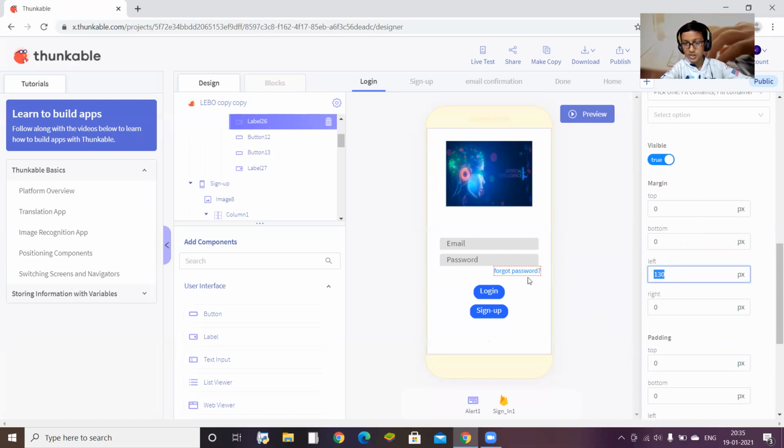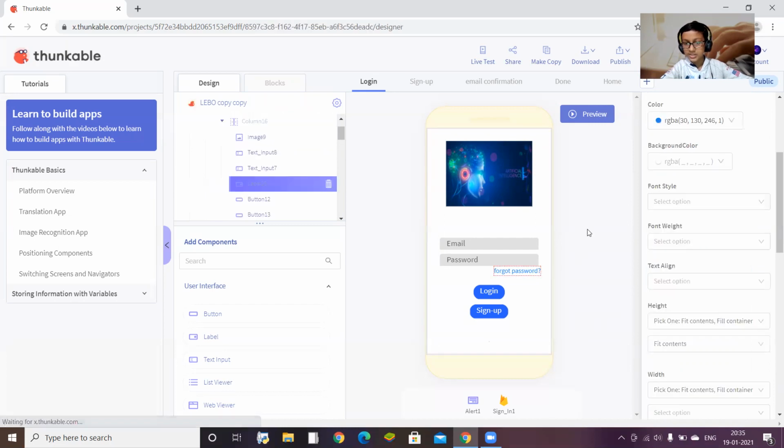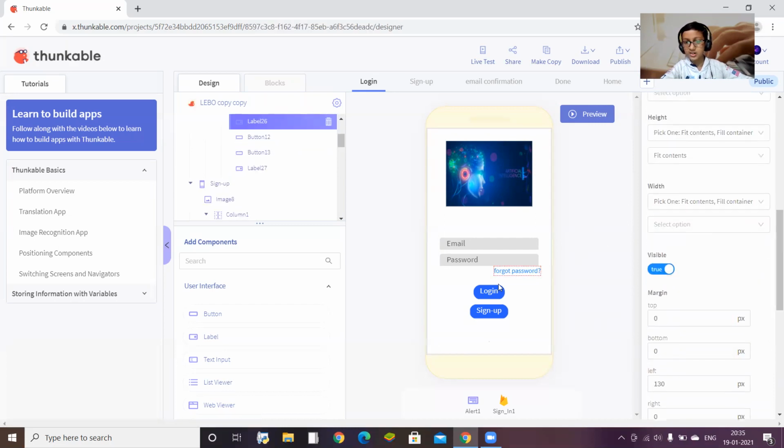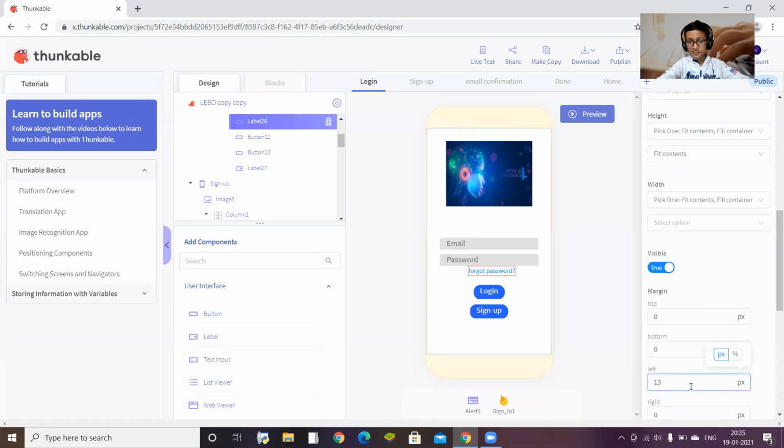130 pixels. I have told you about margin and padding, it depends on the position. If I do margin left, it will shift from this position. If I remove the margin, you can see it is here in the center. If I do it 130, it is just moving from the left. When I give margin left, it moves from the left.